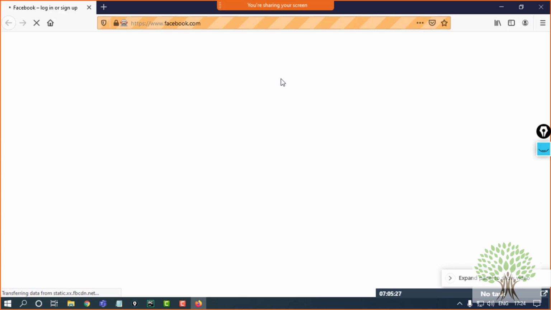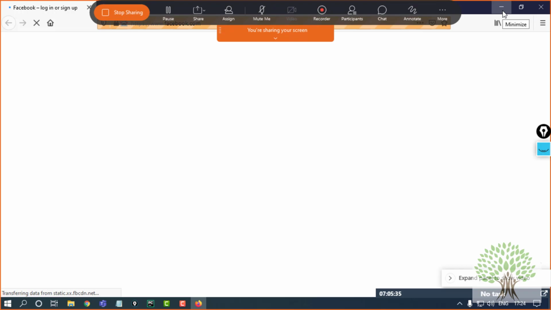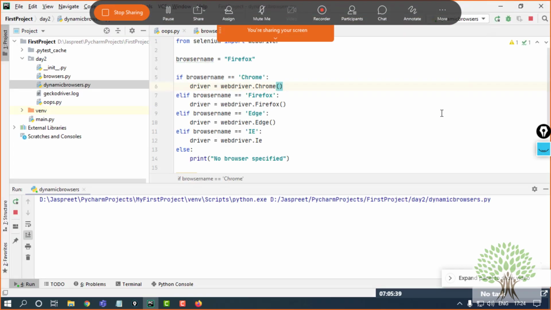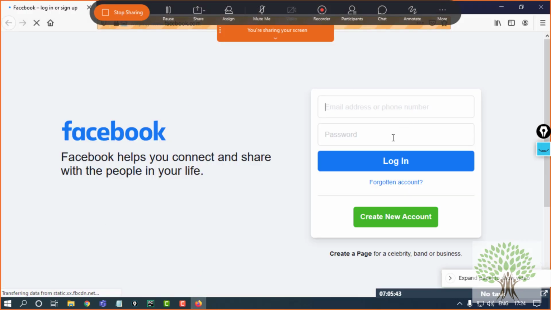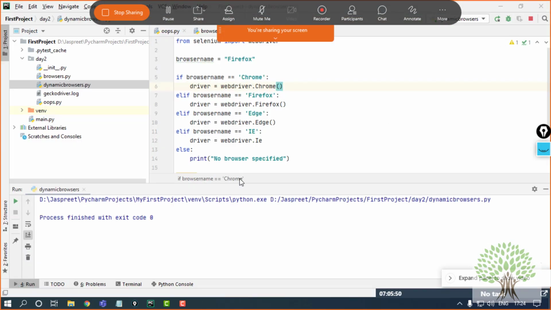You can just have the script written once and let the browsers change according to your wish. Now it's a little slow, so that's why it's taking time to load. So this way facebook.com has opened on my Firefox browser. The same I can do with others as well.